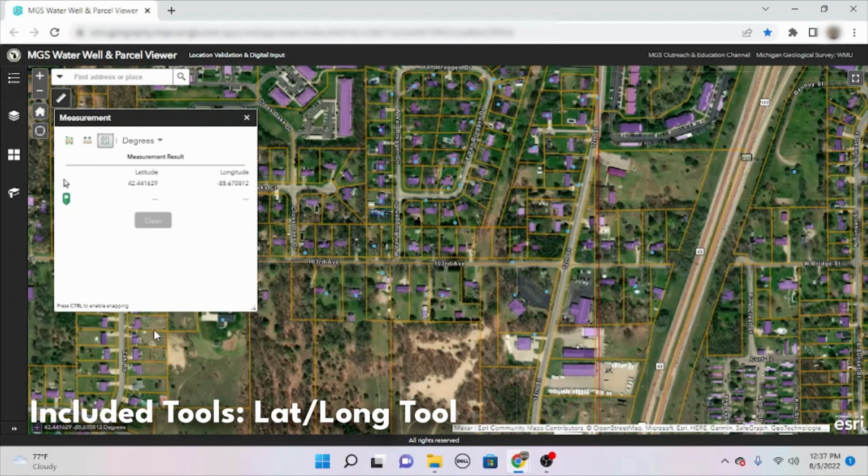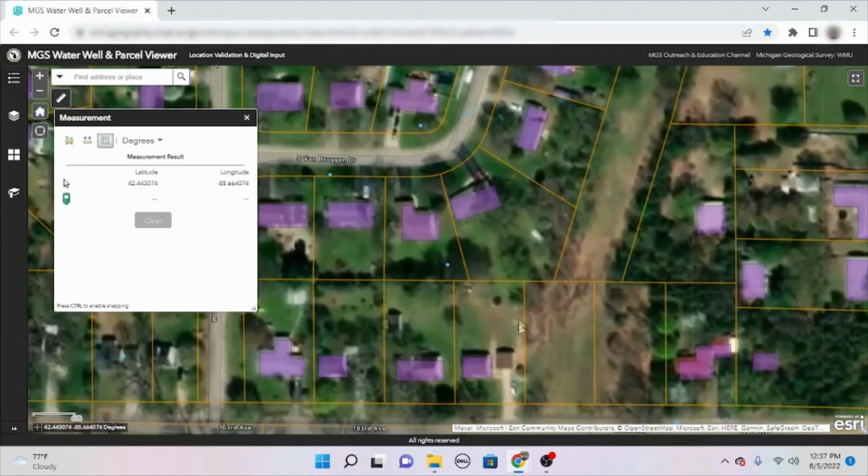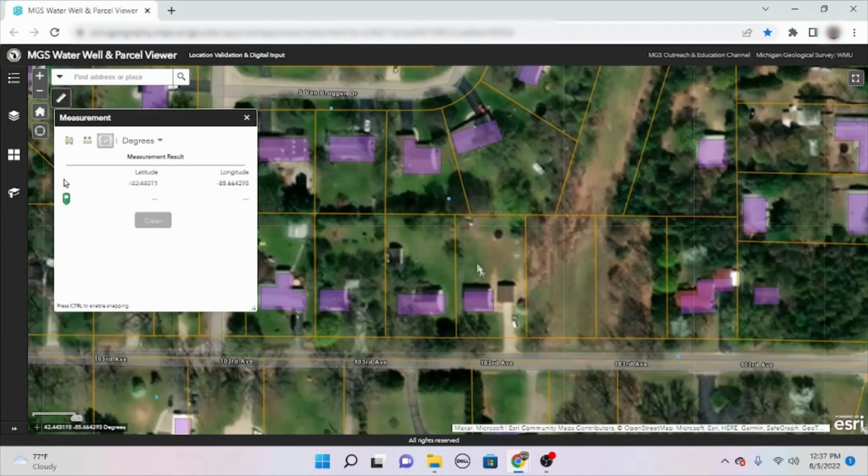The lat long tool also allows you to drop a point. So this is very helpful if you need a specific location within a parcel and you can copy the data at that point for use. So in case you're actually looking for, say, if this is a well house or you have specific direction location information that's not actually on the house, you could put down this point and then copy and paste that latitude